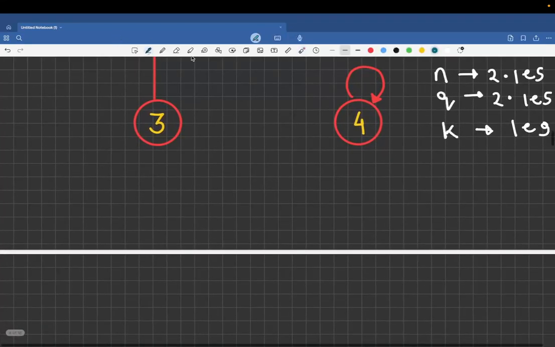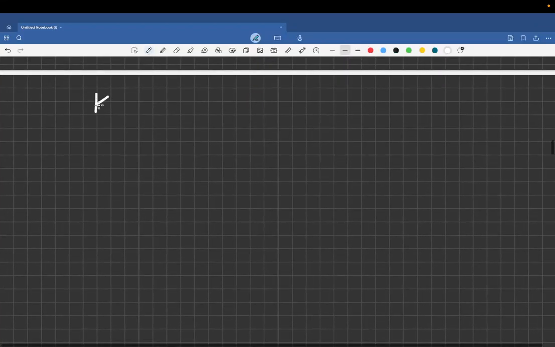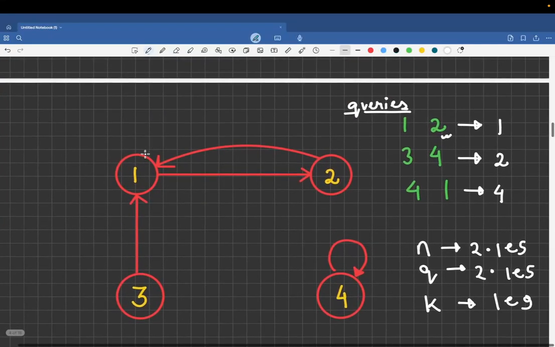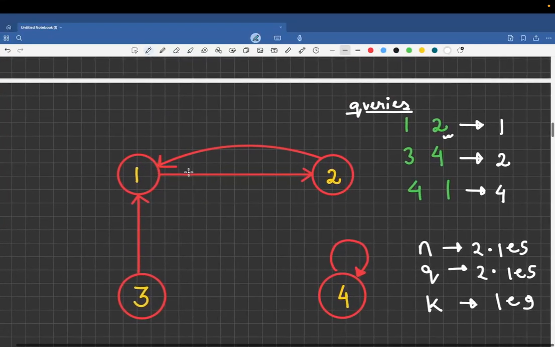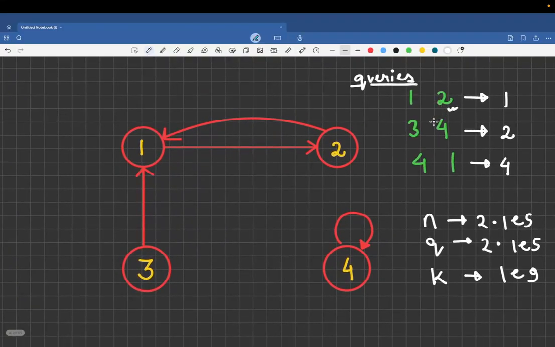And this problem involves something like k jumps. Like you are from a planet, you are teleporting k times, and you're reaching a particular planet, right? And we have understood by looking at the constraints that, okay, if we are thinking that we will brute force